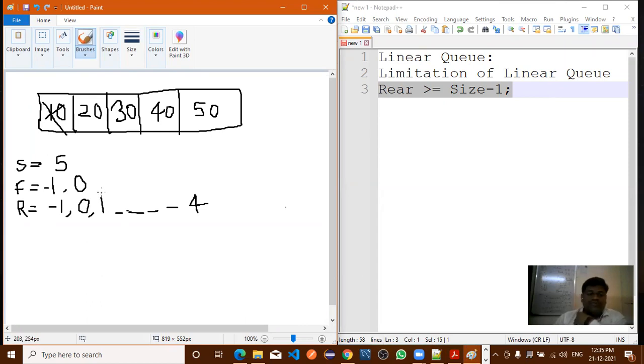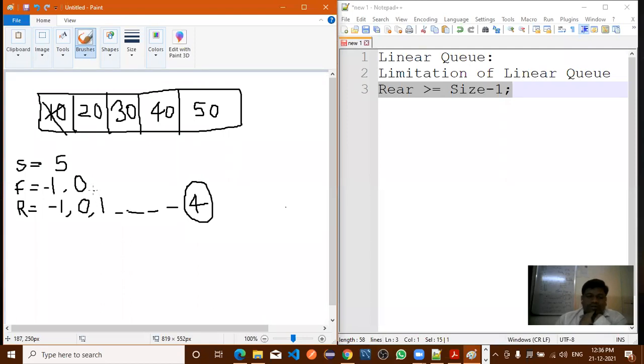Now what is the value of r here? Will the value of r change? No, it will remain as it is. So the value of r will remain 4. Now how many spaces are available after deletion of this 10? One space is available.